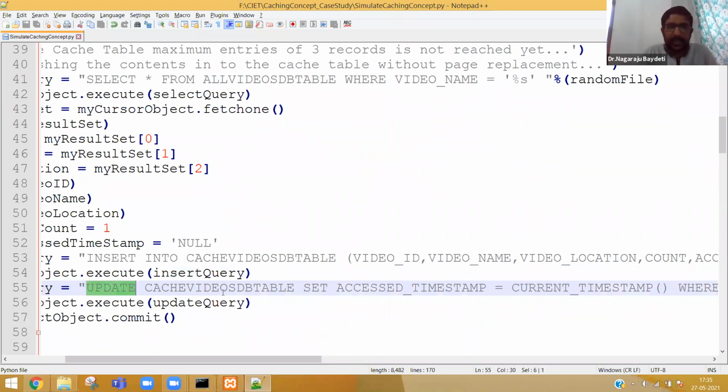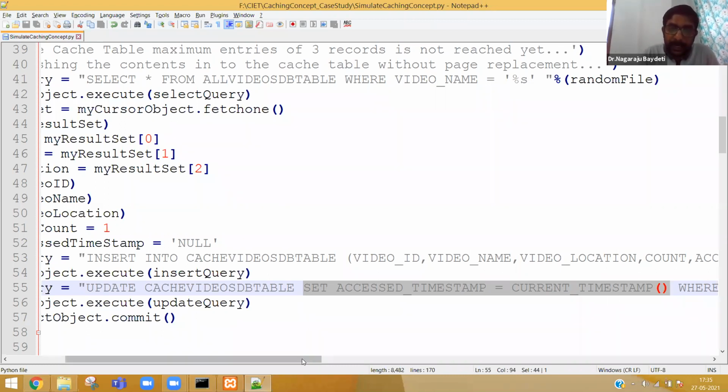Update cache video table, then set the access timestamp equal to the current timestamp method. CURRENT_TIMESTAMP is a method available in a query, which takes the current timestamp and inserts it into the cache video table.